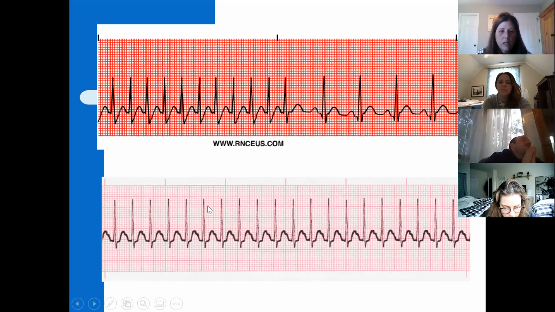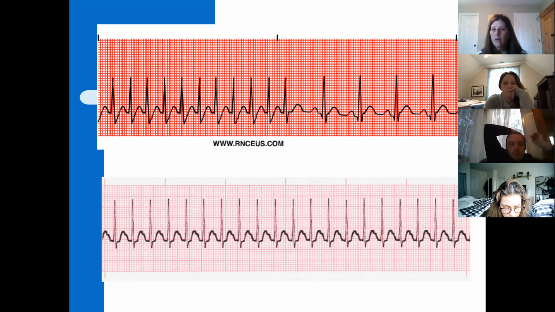And when we look at this one here, and I look at my R's, this one's after a black line, this one's before a black line, this one's after, this one's before, so this one's almost directly on. So you've got to pay attention to the definitions and the requirements of using a particular calculation method. But again, the quickest, easiest way is to take a 6-second strip, if you know for sure that it is a 6-second strip,